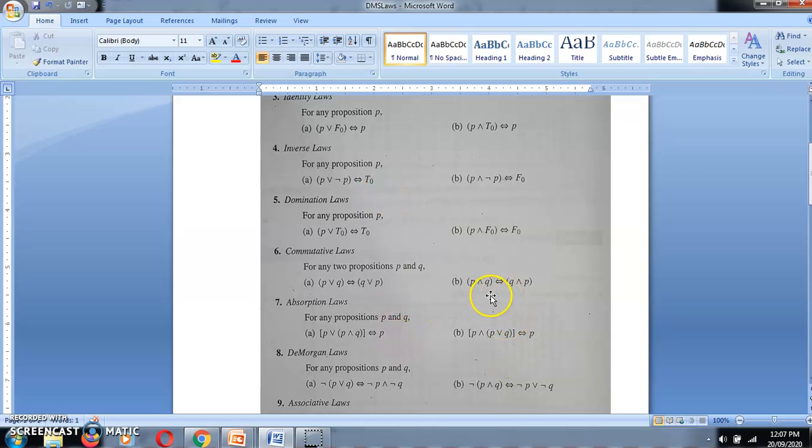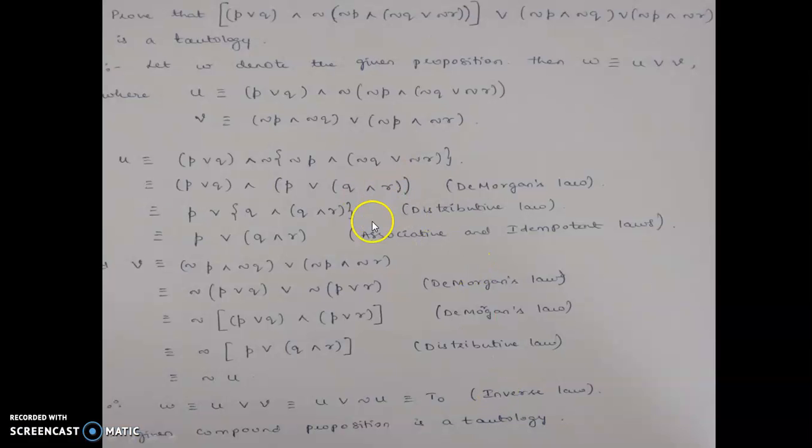But yes, Q or R can be written, but negation of Q and R, negation of Q and R. And where did this negation go? It is negation and double negation, so you cannot see this negation written over here. Here also in this particular case, negation of negation P is P itself, and it is converted from and to or in this step.